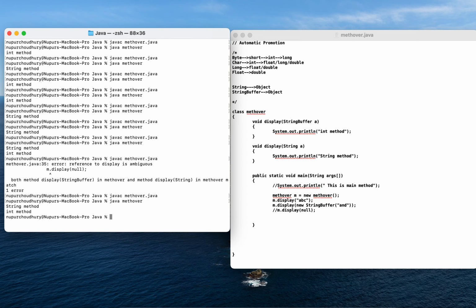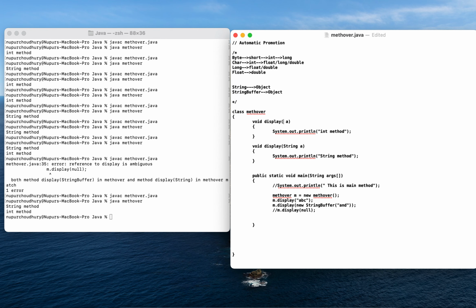Now, moving ahead with the fifth concept related to method overloading: if we are using different data types, basically just altering the sequence of data types.